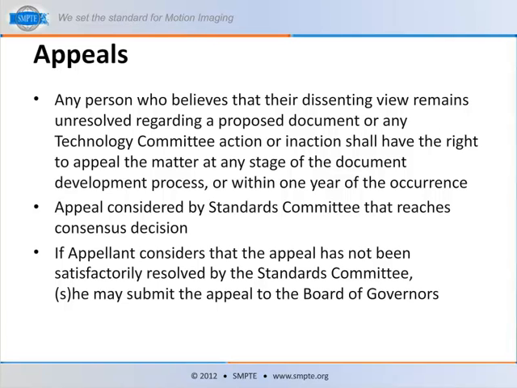That doesn't mean the minority position has to be adopted. Sometimes it's not, sometimes there's a compromise achieved, but we absolutely have to make sure that any minority opinion was recognized and that we did deal with it properly. If someone feels they had a dissenting view and that we did not deal with it properly, they have the right to appeal. First of all, the appeal goes to the Standards Committee, and in the Standards Committee we will